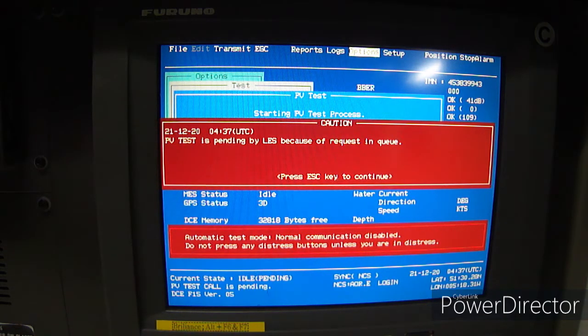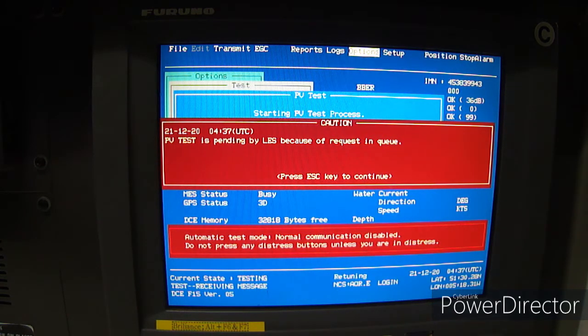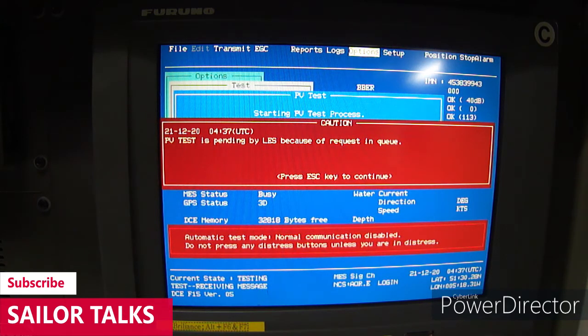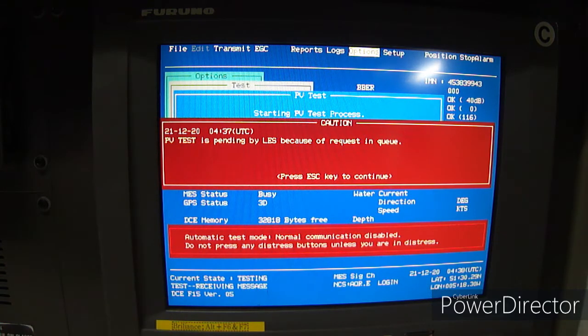Do not press any distress button unless you are in distress. See, when your PV test is in progress, the normal communication is disabled. You cannot perform anything except when you are in distress, you can press the distress button. So let the PV test complete, and after that we can see the test report.